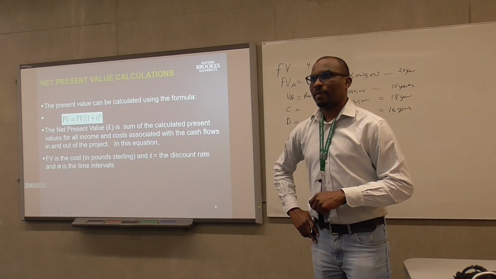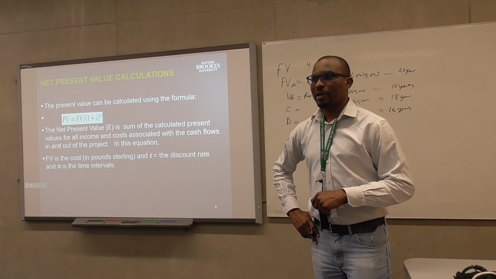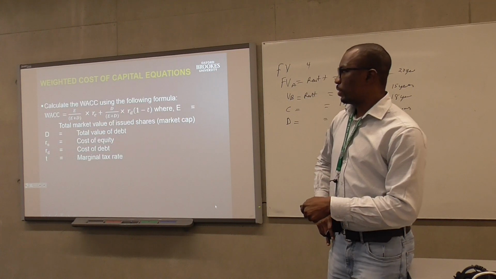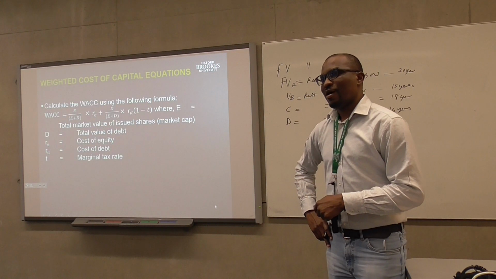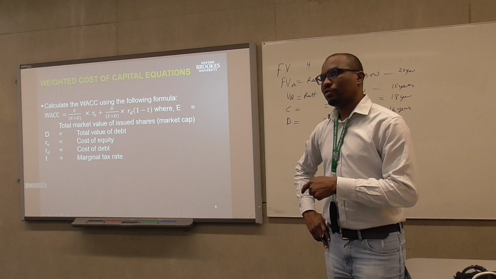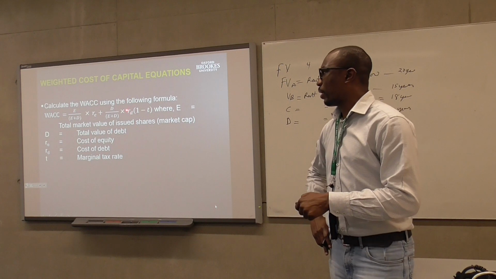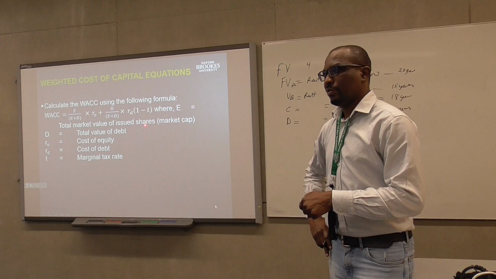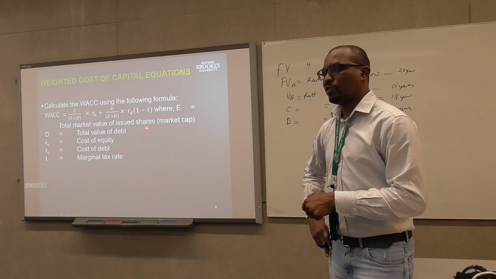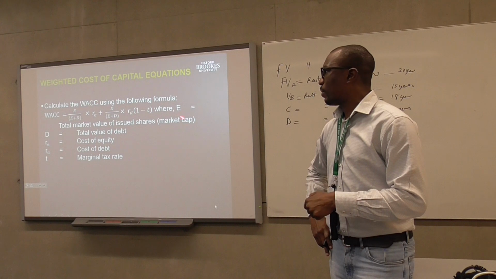Can I ask, for the future value or the present value, where do we get the interest rate? Where do you get the interest rate? That's where we got the interest rate. So we said the interest rate should be what? The weighted cost of capital. So you are borrowing from the bank, right? When it comes to the interest rate, you are borrowing from the bank or debt, which is the RD. Because you are borrowing from different sources, you just don't want to use the rate from the bank. You want to use the average cost of borrowing from different entities or elements. And that's how you come up with the interest rate.